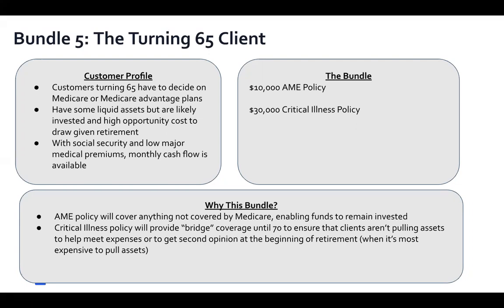We all know that the fastest way for somebody to run out of money in retirement is due to healthcare expenses. And so as we look at clients that are turning 65, there's a natural point that they're reviewing and thinking about the insurance coverage that they have. The $10,000 AME policy, again, offers them a level of protection to keep assets safe. And the CI product can be treated like a bridge. It will only be in effect until 70, but I think at the $30,000 level, clients here are going to have usually